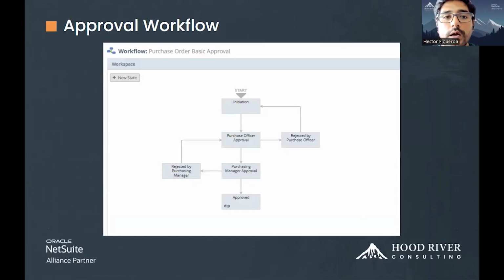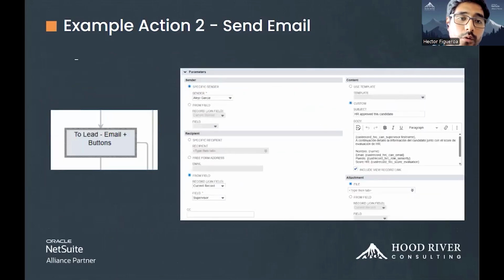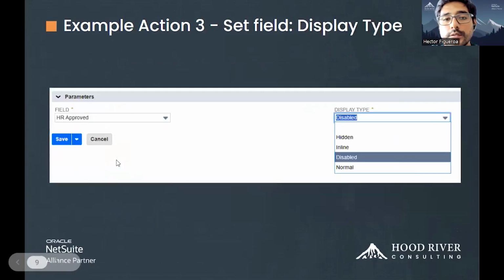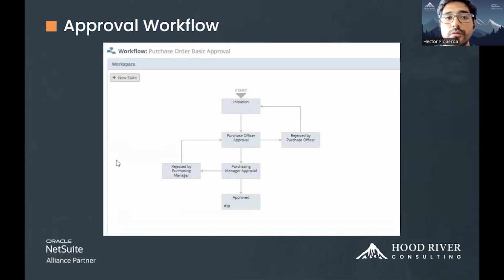And the approval workflow. I wanted to show you in order for you to see that they are not only one box at a time, as you are seeing here at the left, but you can set it up and create a whole workflow. So for example, in the initiation state, we can set the approval status to pending approval. And then we can send it out to only show the buttons of approval to the person who created the transaction. So in initiation, we can have set field value and add buttons for approval or rejection.